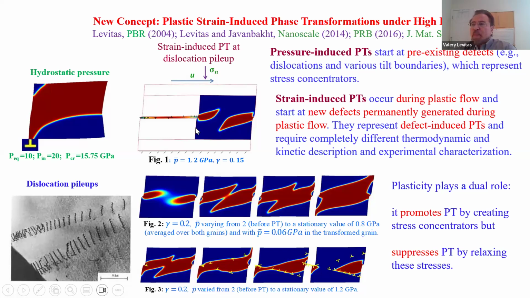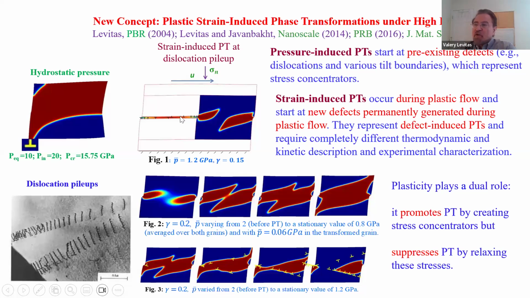And now let's consider material with properties close to properties of silicon. So phase equilibrium pressure is 10 GPa. If you introduce single dislocation at hydrostatic conditions, phase transition occurs at 16 GPa. So then let's consider bicrystal under compression and shear. Dislocations nucleate